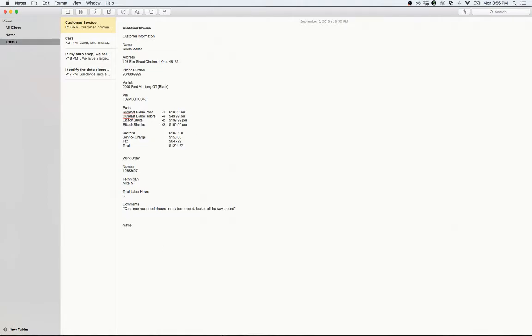So we can look at name, address, phone number, vehicle, VIN, parts, actually we'll say part, manufacturer, and although it's not listed here, let's assume that there is a part number associated with a part as well. Part number,